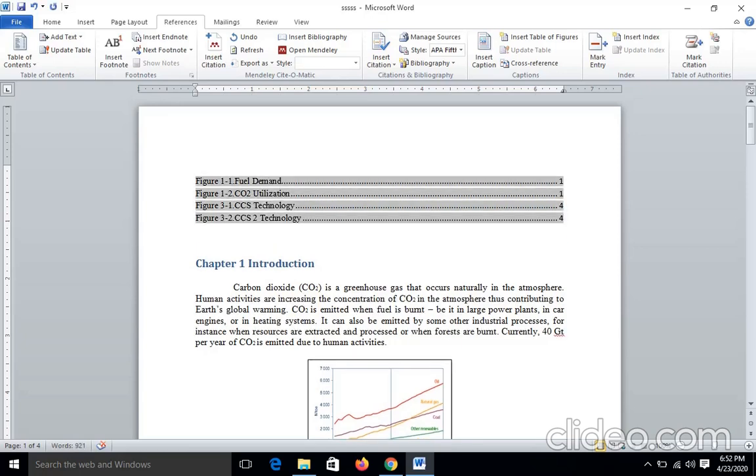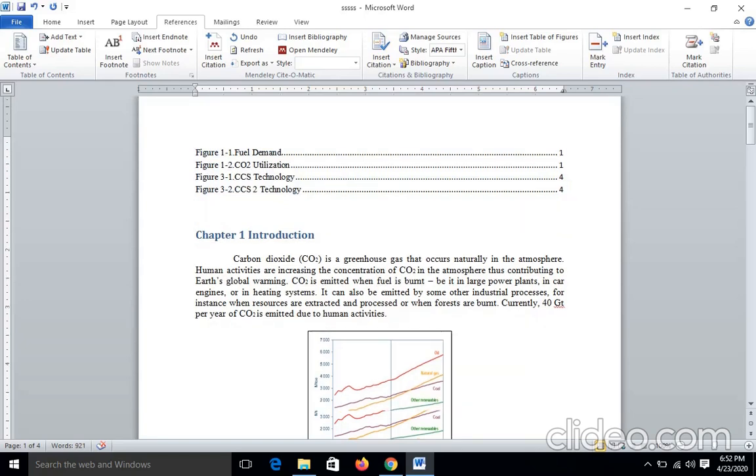So you can see you can have the figure name and number as well as its page number. So this is how you need to make the list of figures.